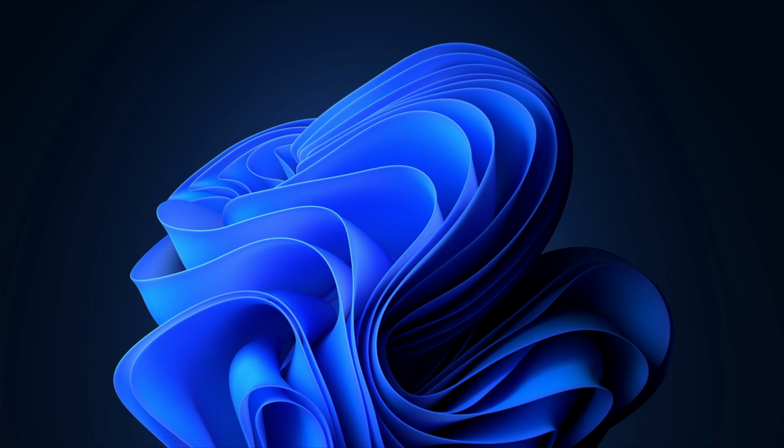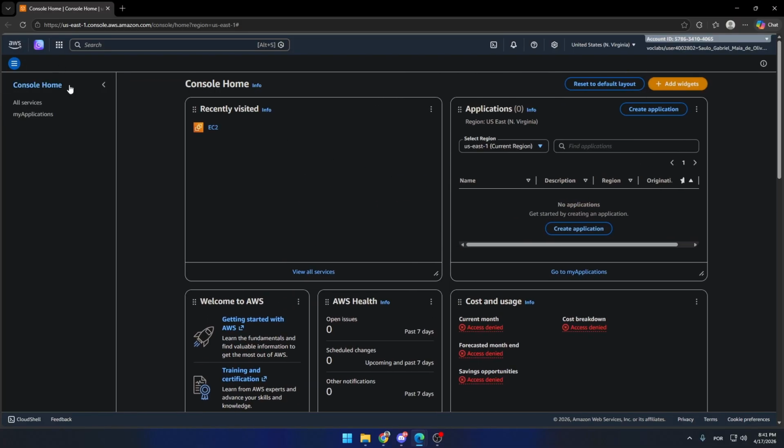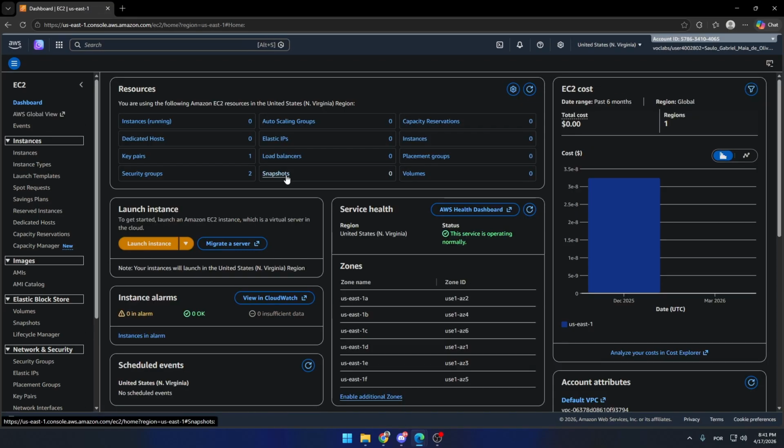In this video, I will quickly show you how to deploy a project on AWS. First, go to your Amazon Web Services account and open the main dashboard. After that, choose the service you want to use for deployment, such as EC2, Amplify, Elastic Beanstalk, or S3, depending